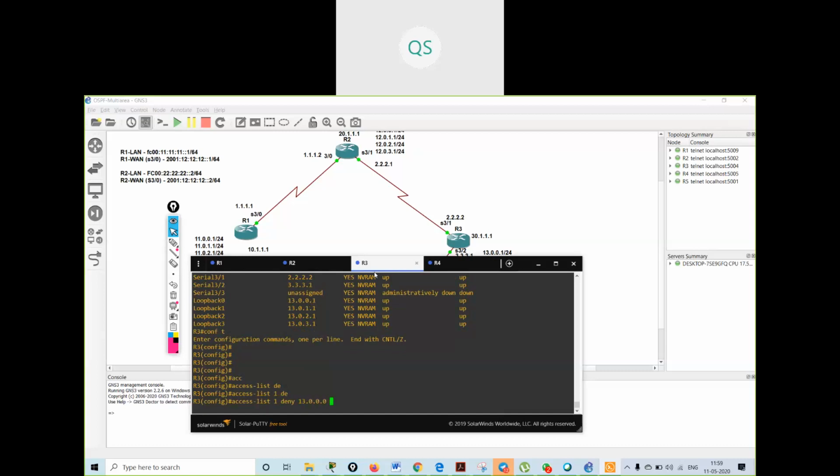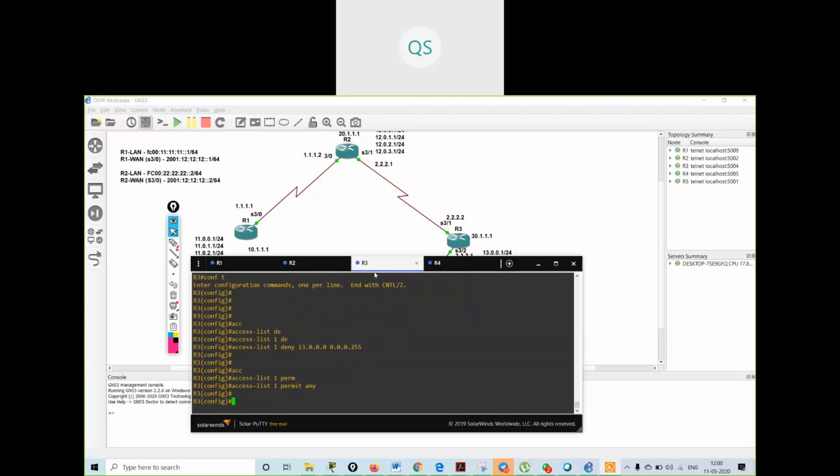I have created an access list that denies the 13 dot network, and as per the rule of access lists, I have to give a permit statement, or else it will deny all other routes also. Permit any.